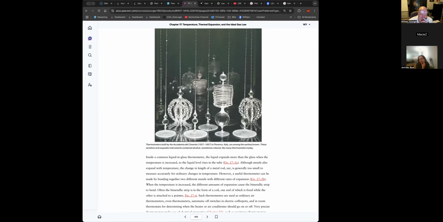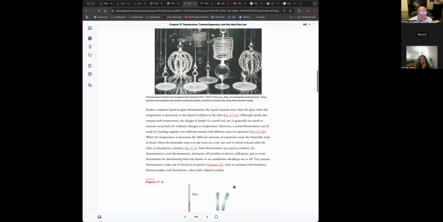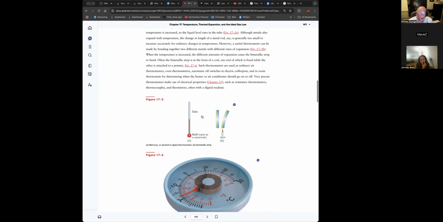This is a bunch of different thermometers that they had at the Royal Academy. This is one in Italy. But anyways, another thing we can use, and you might have already seen this if you've ever lived in a house with an older thermostat. If you open up the thermostat, you'll see a coil of copper or something like that inside of it, just like this. Now, I've normally seen these sort of mounted to the front of a gas grill, for instance,